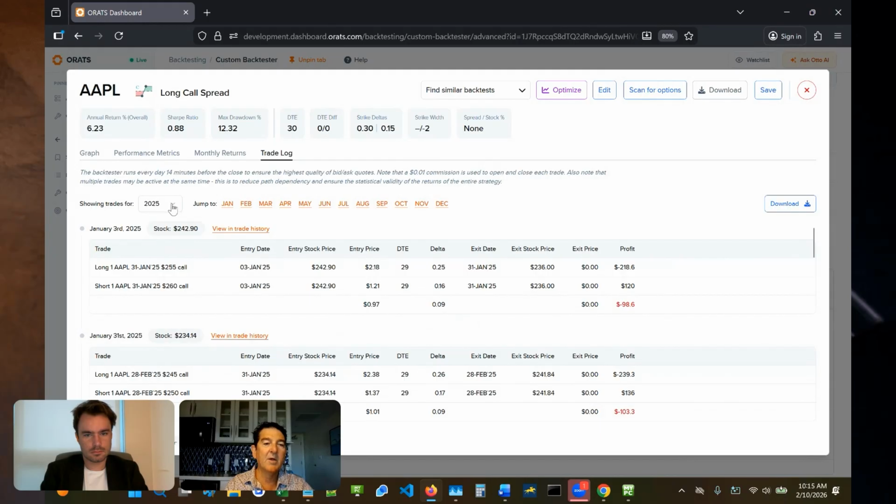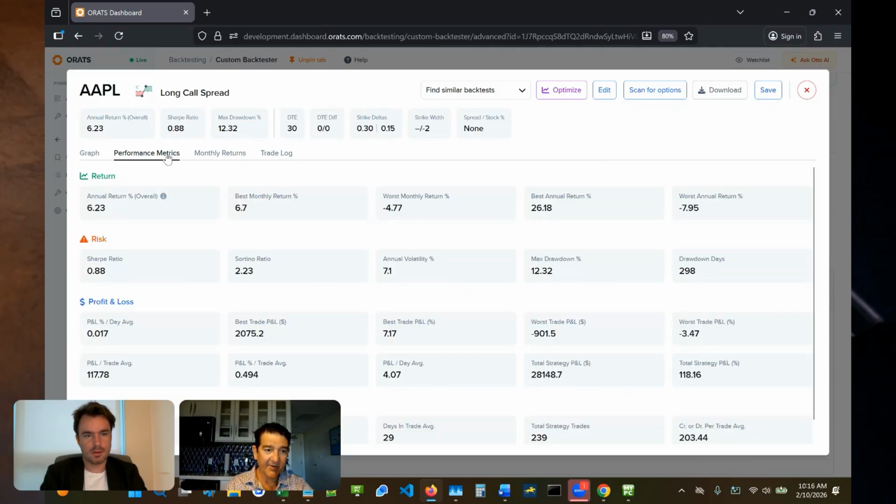So here's a trade log. This shows every trade in the strategy. You could look at different years, at different months here. So I'm just going to look at the default, which is January of 2025. And so we had a $5 wide call spread. So that margin is only $500, and you lost $98 on that particular spread, so it's a very small amount versus the stock price, large amount versus margin. So it's a lot different from a margin perspective. So we try to present that